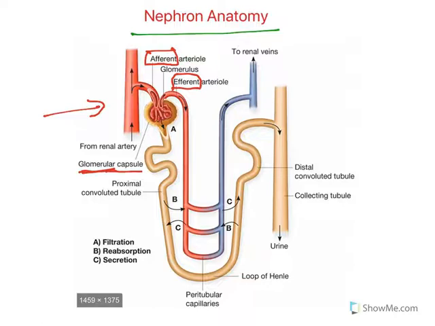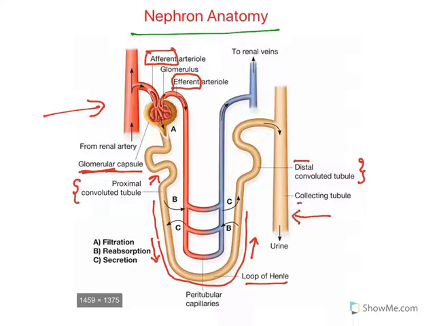After that capsule, you have convolutions of tubule. The convolution is close to the Bowman capsule, hence it is known as the proximal convoluted tubule. Proximal means closeness. After that, you have a hairpin loop called the loop of Henle. The one which is coming down is known as the descending loop of Henle. The one which is going in the upward direction is known as the ascending loop of Henle. After that, again you have convolutions which are far away from the Bowman capsule. Distal means far away or distance. It is known as the distal convoluted tubule. Finally, all the urine gets collected in an anatomical region known as the collecting tubule. So briefly, these are the nephron anatomical parts.